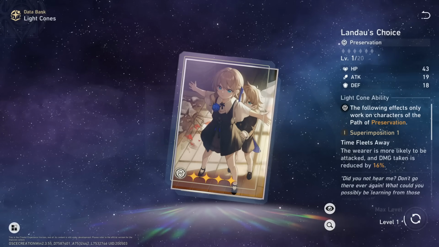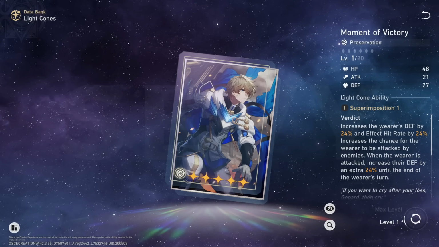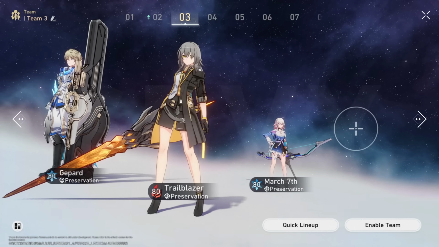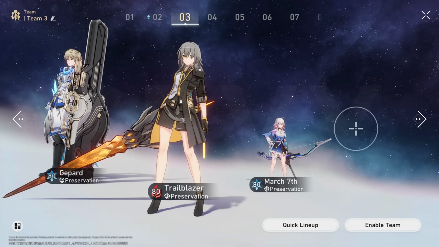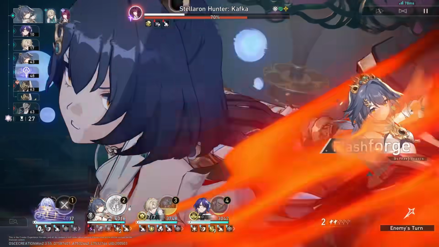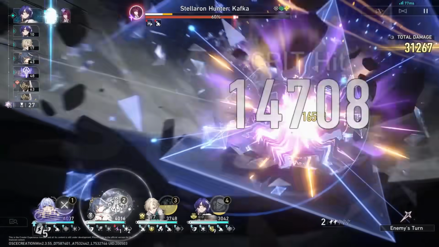Avoid using Landau's Choice or Moment of Victory, as those light cones increase aggro for preservation users. Gepard also has his own innate aggro increasing effect, and Preservation MC has their own taunt ability. And while March's preservation form can increase aggro with her shield, it's only single target shielding, which is less comfy, and you wouldn't want to sustain with her ult freeze since that's anti-synergistic with Yunli's playstyle, so avoid them as well. Instead, Aventurine is a very comfy sustain with crit damage buffing utilities, can output decent damage from a sustain,